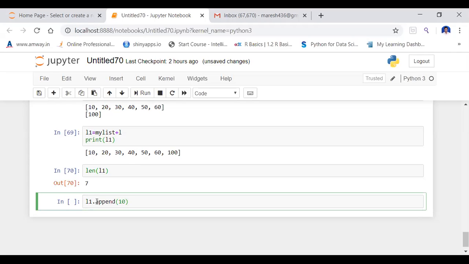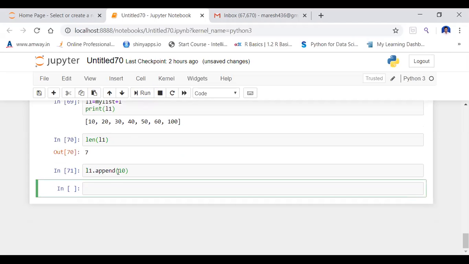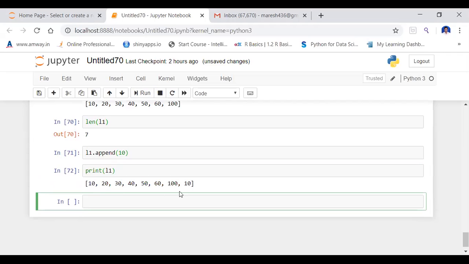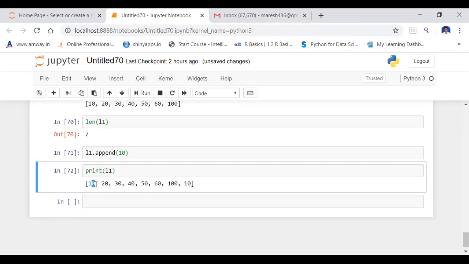Now I'm going to print L1. Two 10s are there. If you want to access the first 10, we need to supply its index value, 0. If you want to access the last 10, you need to supply the last 10's index value. That is important in the list.